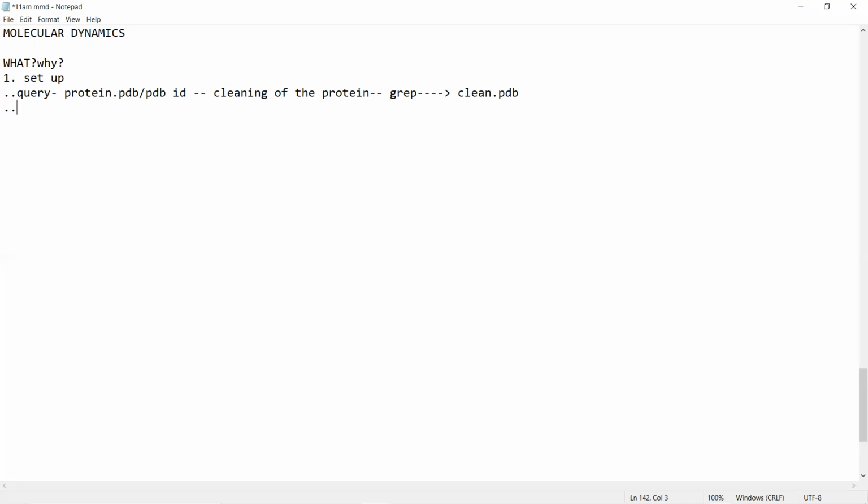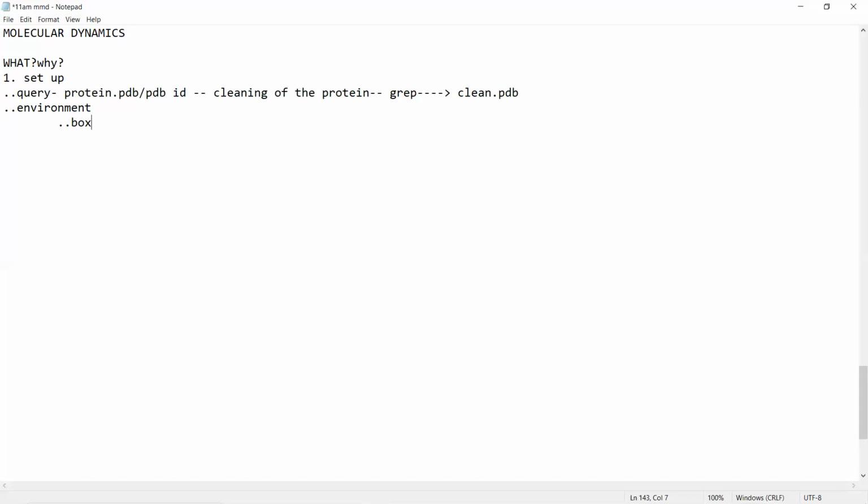The environment. Now when we are setting the environment, what are the requirements? Let's talk about that. Here, the first thing involved will be the box. What we will do is put my protein within a box. Now when we are talking about the box, this box will depend on the protein which you are working on.